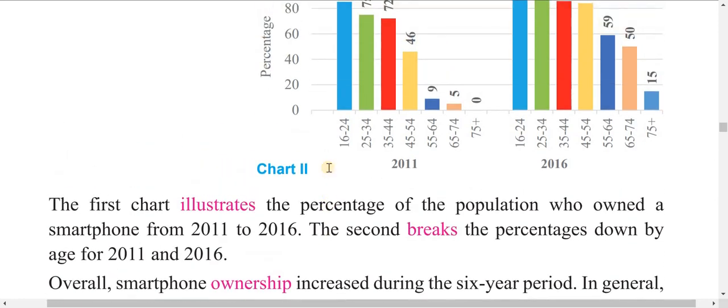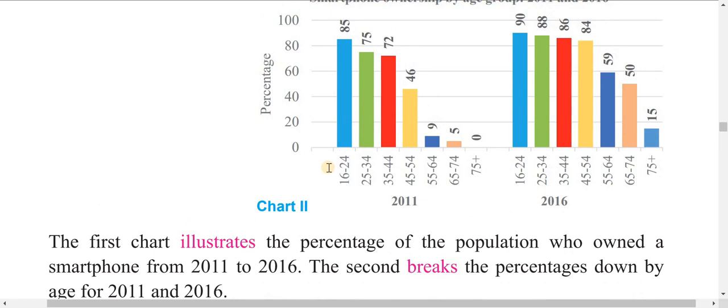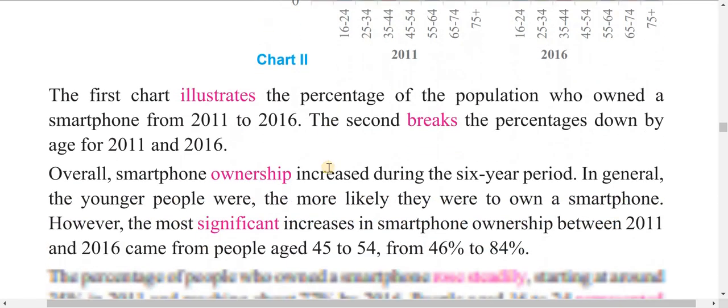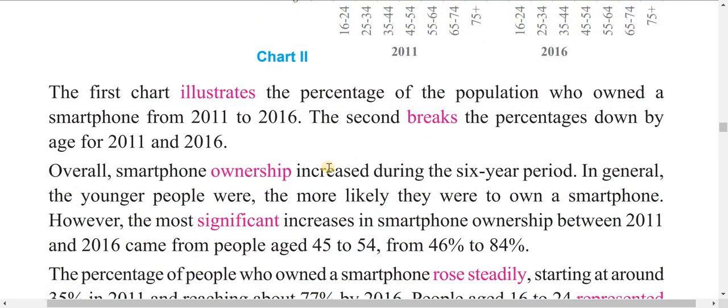So in the second chart मा हामीले पर्सेन्टेज एज ग्रुप अनुसार कुन समूहका उमेरका मान्छेले स्मार्टफोन बढी चलाउँछन् अथवा कम चलाउँछन् भन्ने चाहिँ एज ग्रुप अनुसार त्यो पर्सेन्टेजलाई ब्रेक गर्छ, बाँड्छ। सो ओभरअल माथि कुरा हेर्दाखेरि स्मार्टफोन ओनरसिप इन्क्रिज ड्युरिङ द 6 year पिरियड, एज अ होल समग्रमा स्मार्टफोन भएका मान्छेहरू